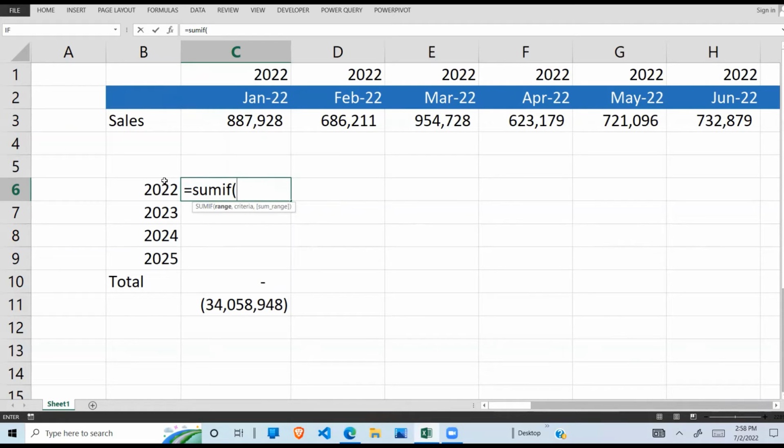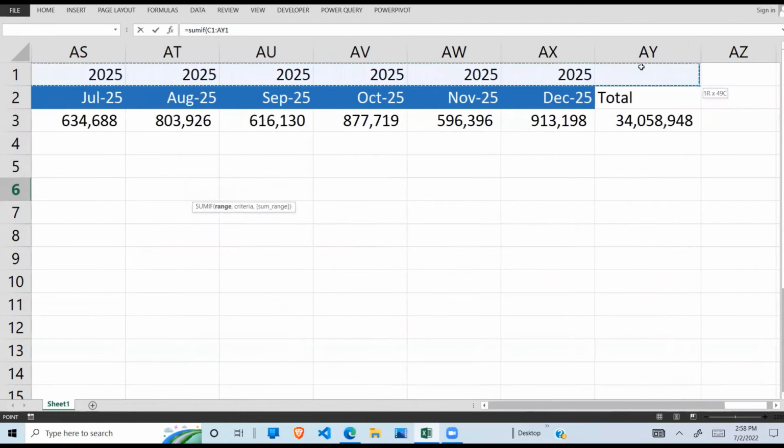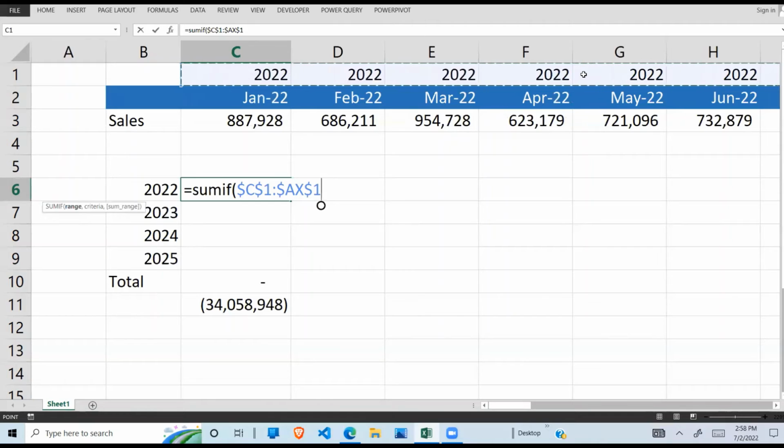In other words, we are going to sum based on the years. And the range should be the range of those years. So in our case here, the range will be from C1 up to the last. And to lock them, because I'm going to copy my formula down, I'll use function F4.